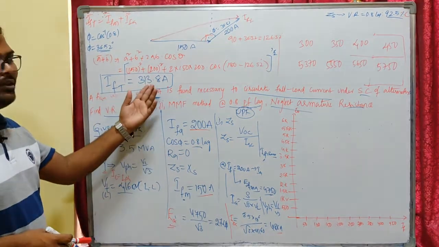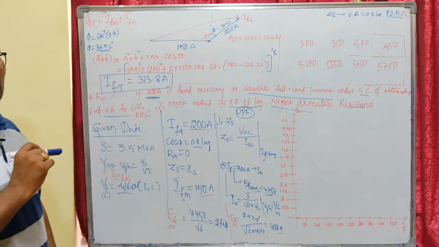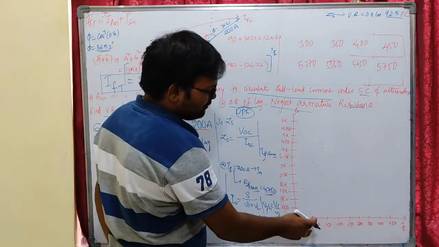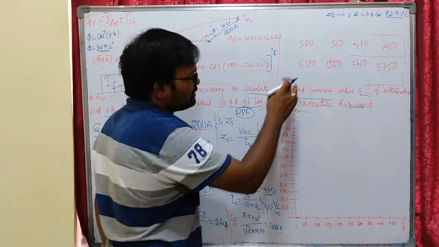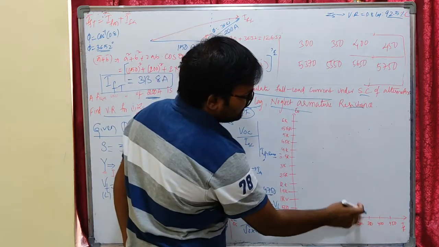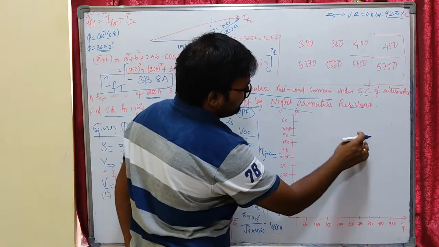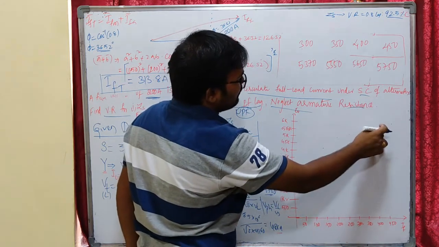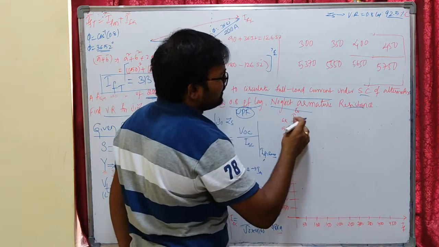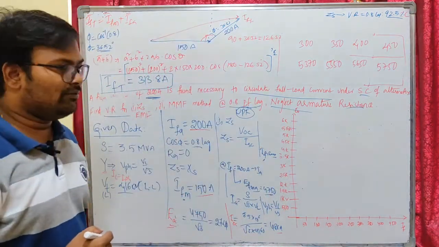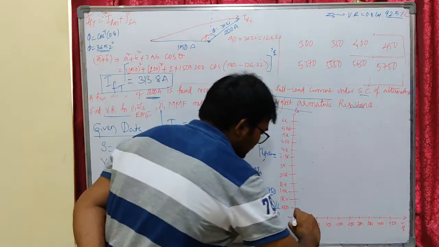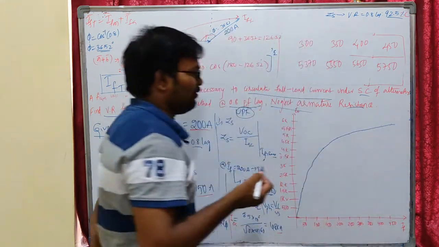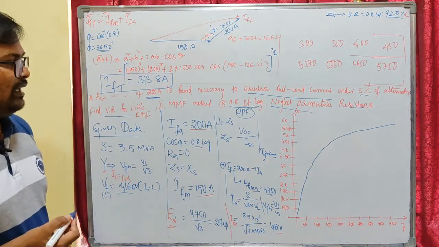At this point we are going to see the open circuit voltage on the OCC curve. So I try to draw the open circuit points. For 50 it was around this point, and 100 according to the given data. For 300 it is 5370, for 350 it is 5550, for 400 it is 5650, and for 450 it is 5750. This is the graph of the OCC. Now I am going to join the points so that the total curve will be done. So this is the open circuit curve for the given data. I tried maximum efforts.